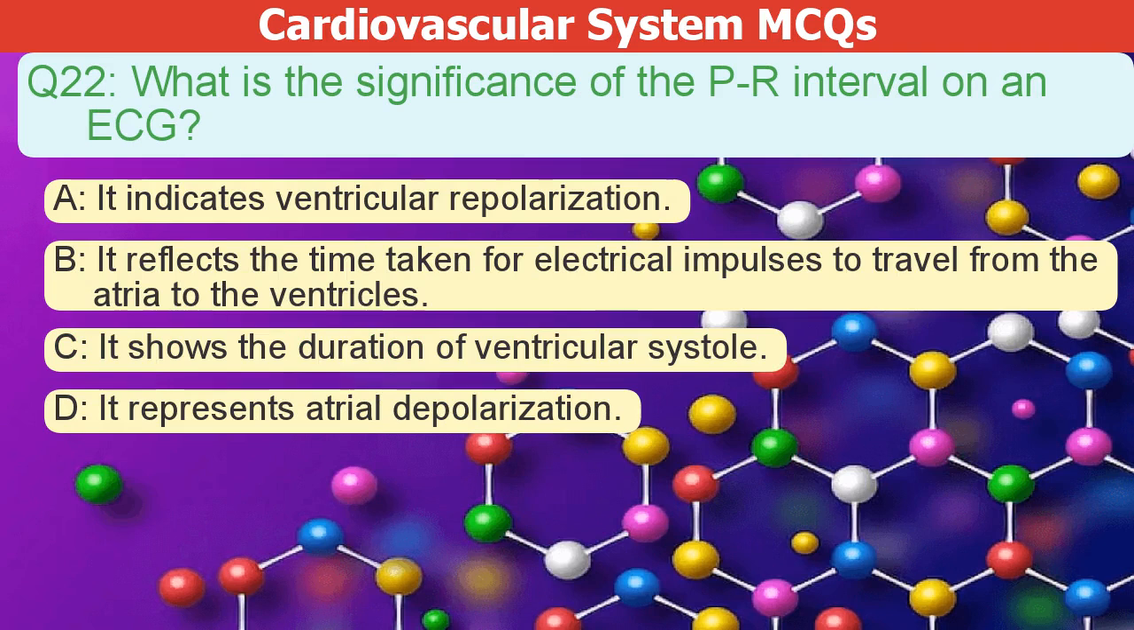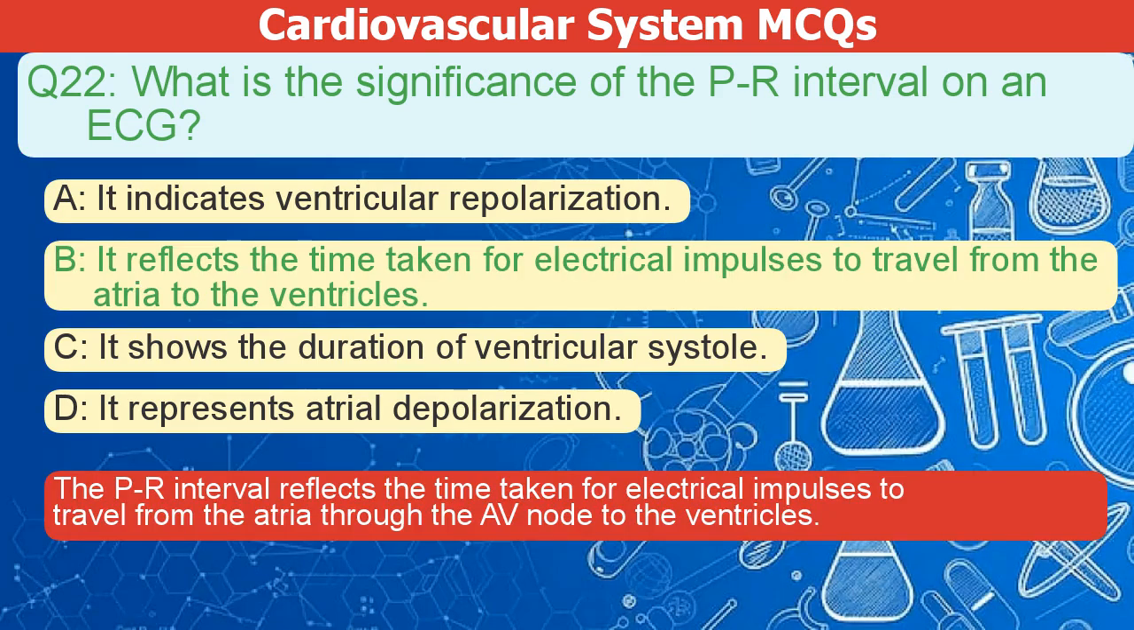What is the significance of the PR interval on an ECG? A. It indicates ventricular repolarization. B. It reflects the time taken for electrical impulses to travel from the atria to the ventricles. C. It shows the duration of ventricular systole. D. It represents atrial depolarization. The correct answer is B. The PR interval reflects the time taken for electrical impulses to travel from the atria through the AV node to